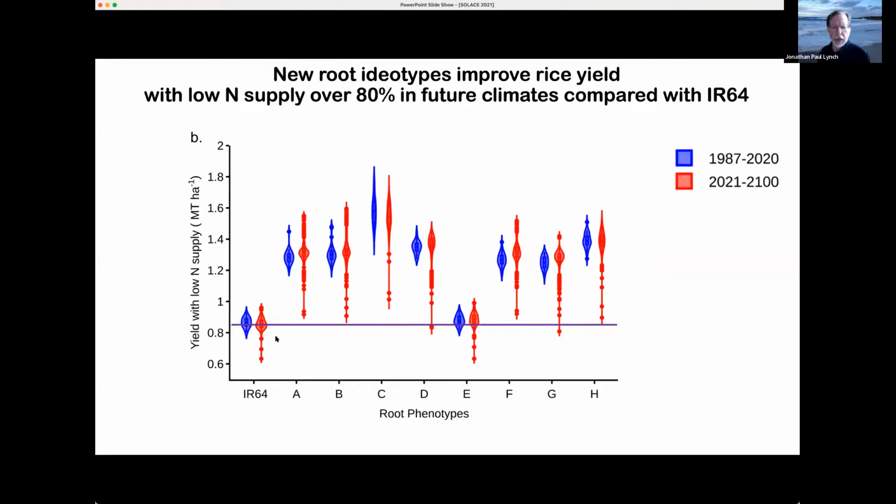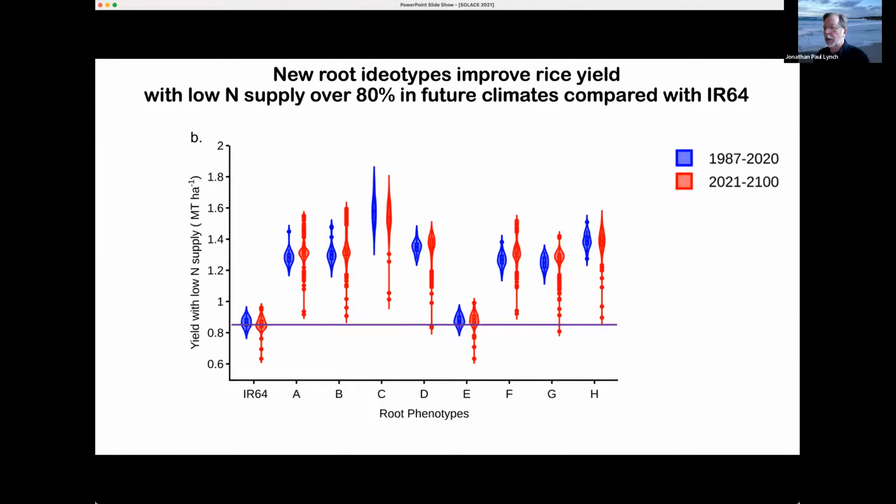Here are the yield estimates. So IR64, which is one of the Green Revolution lines developed by IRRI back in the 1970s, is here under low nitrogen supply. And here are the projected yields of these new phenotypes over some past years of climate, including 80 years of future climate. So you can see at some point up to 80% improvement in yield under low nitrogen supply from some of these phenotypes. So this is obviously very useful for breeding and for prioritization of your research, to be able to quickly evaluate multiple phenotypes in multiple environments on the computer, rather than doing very slow and expensive